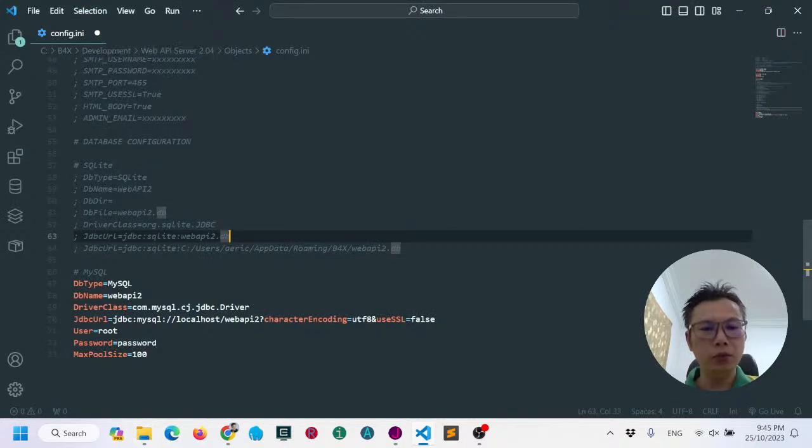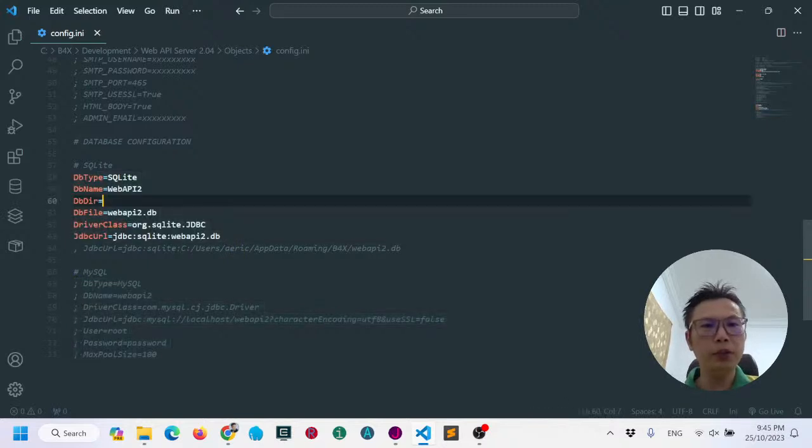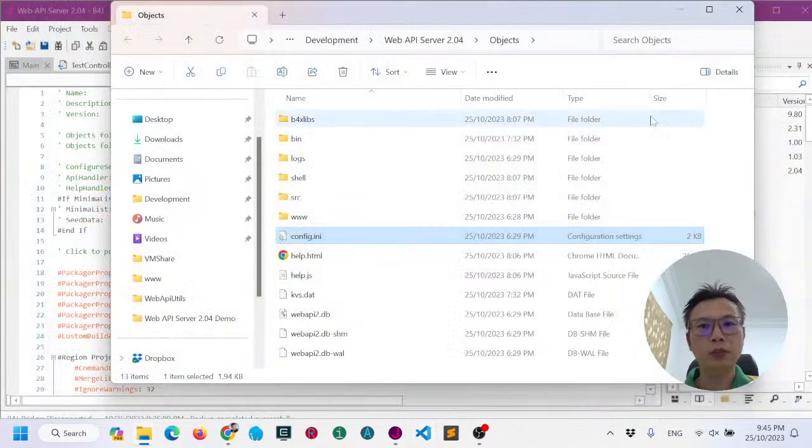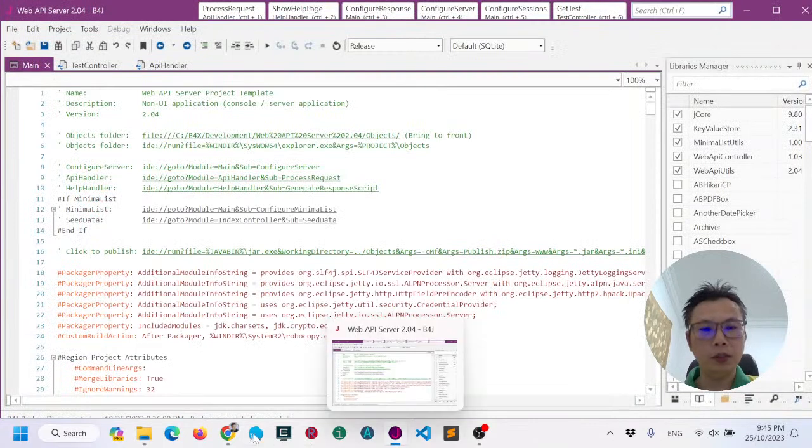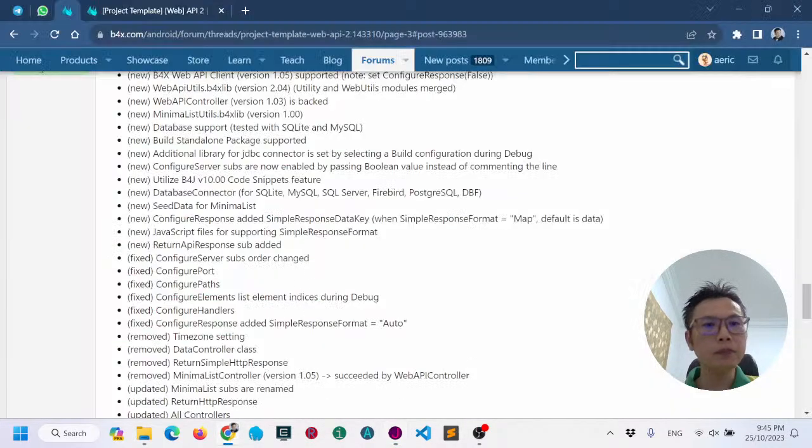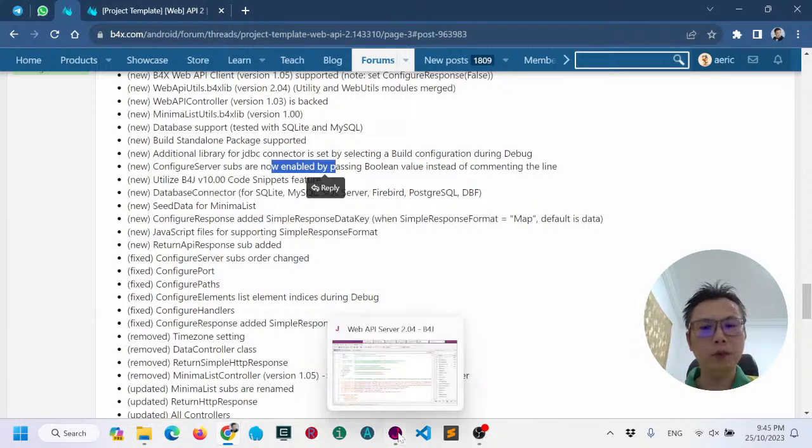Okay, this is during the release or during the production. For this sample, we just leave it as default, which is using SQLite. Okay, I close this one first. I explain all the features first. This I already explained, and then the configure server sub. Now in the old version,